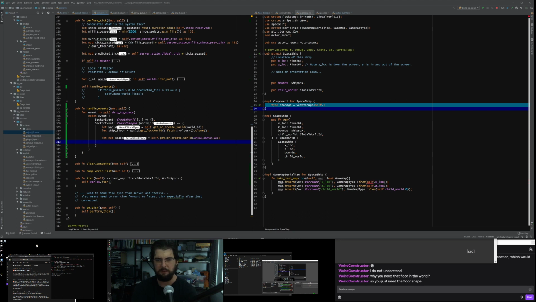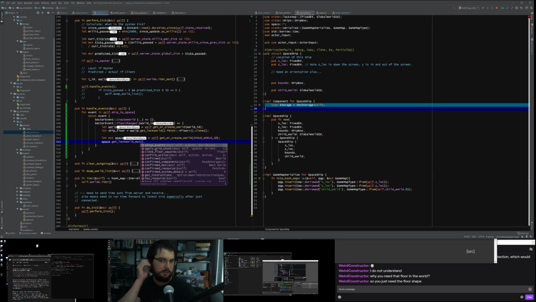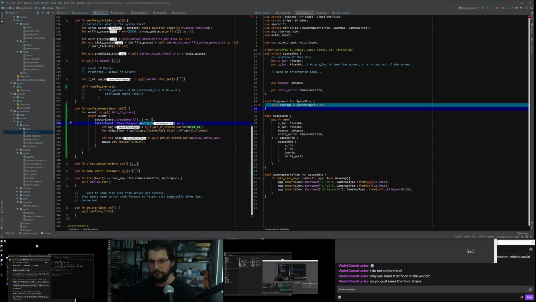So now we've got the space world. We want to do something similar. Space, get lock world mute. We need to change this world, which is kind of unfortunate. We want to change it for a particular ship. The ship matches this world ID. So I need to find the ship inside of this space that has that particular world ID. I think the best way to do that at the moment is to enumerate them one at a time. There's probably some smart trick, but we'll do that. We'll enumerate them one at a time.